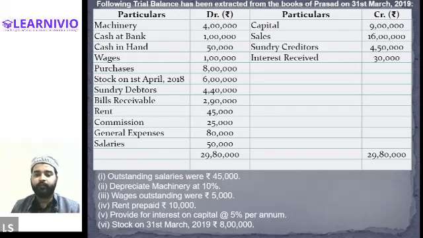After opening stock, we have sundry debtors, and there is no adjustment entry regarding the sundry debtors as well. So the entire amount will be recorded in the balance sheet only on the asset side. Sundry debtors 4,40,000 on the asset side. Done, everyone? Done. Then we have bills receivable, and again there is no adjustment entry for bills receivable as well. So the entire amount should be recorded in the balance sheet on the asset side.